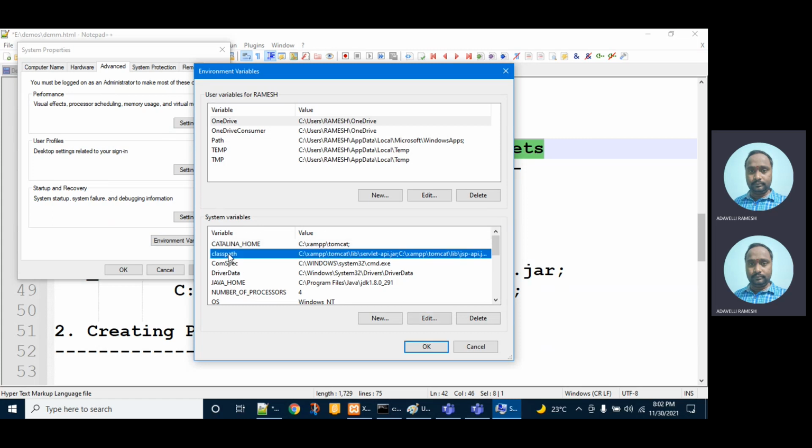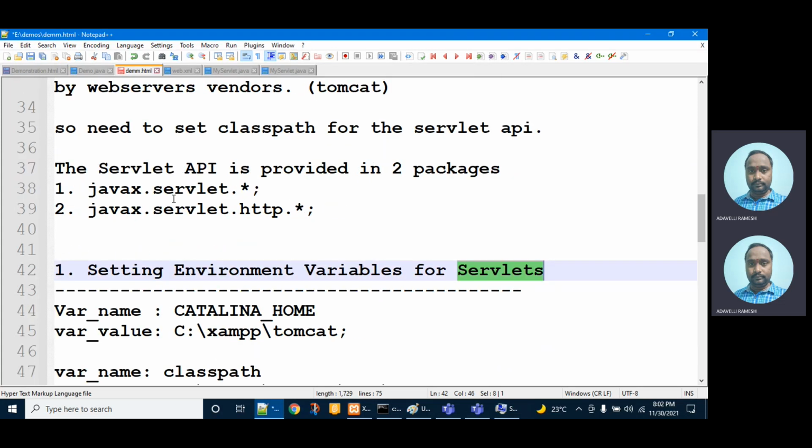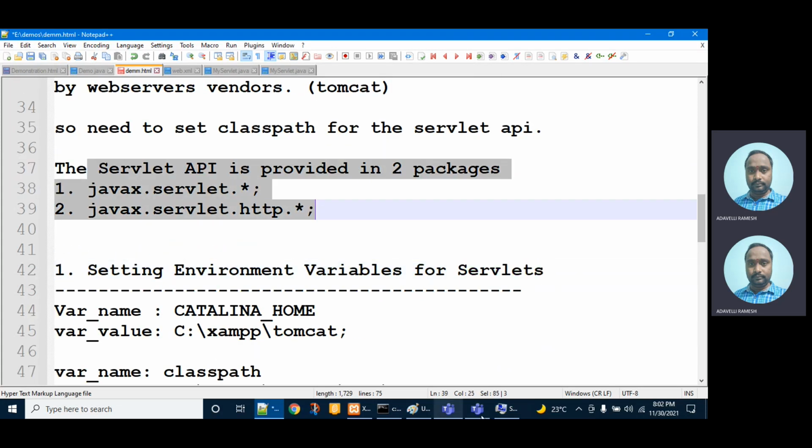One more is the class path, where the servlet API is available. In C, XAMPP, Tomcat, lib, there is a file called servlet-api.jar. If you have this jar file, you can successfully import these two packages. Otherwise, you cannot.